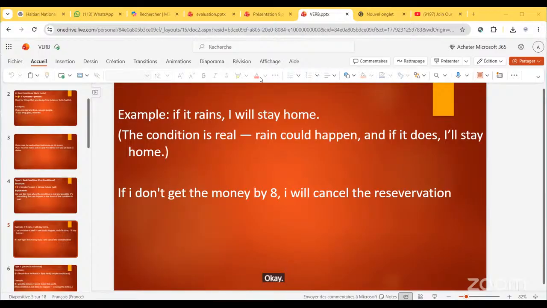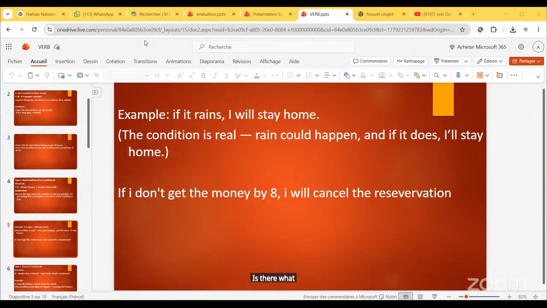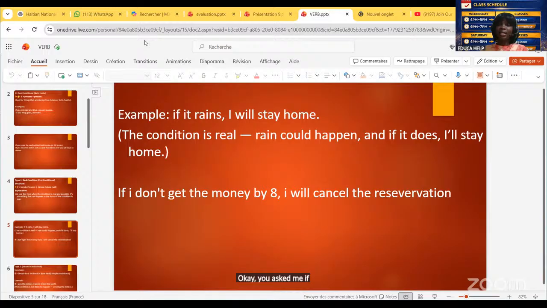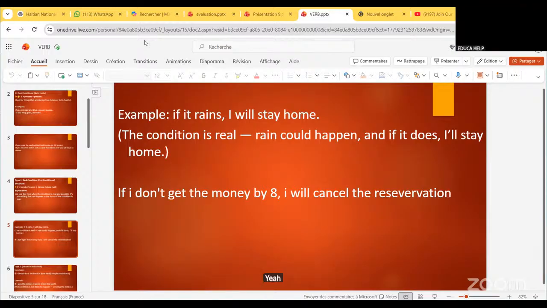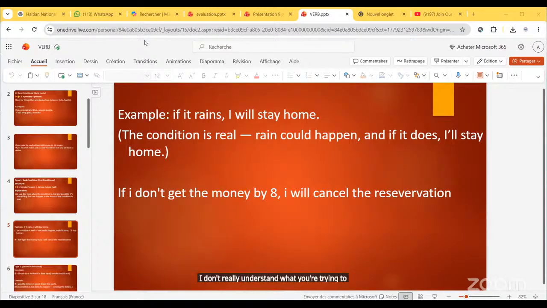Is there something for the sentence, for the French sentence? Is there what? It's the same. The French in English. You asked me if it is the same, yes, for your sentence, or I don't really understand what you're trying to. Okay. In French, when you use